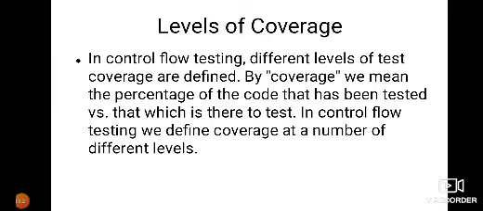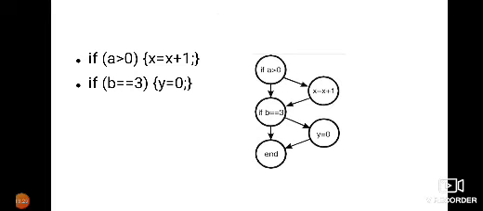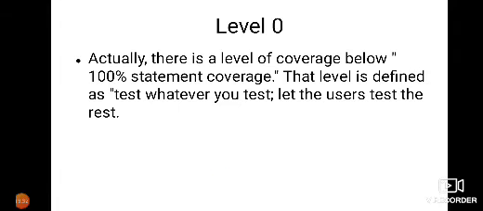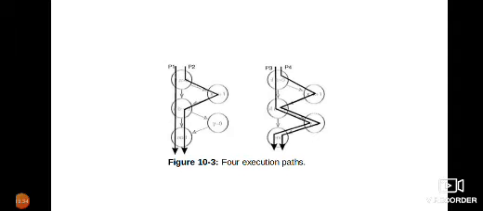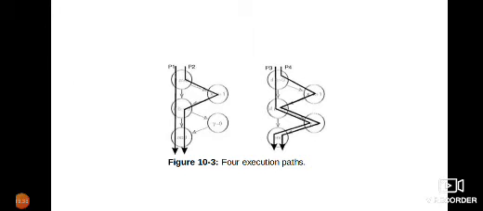Coverage in this sense: level 1 is 100% coverage, where I am fully covering all execution paths. Then at level 2, maybe I will not have 100% coverage. These are the notations: this is the code, this is the flow graph notation, and these are the paths that I cover. I have 4 execution paths, 1, 2, 3 and 4: 2 on the left-hand side flow graph, and 2 execution paths represented in the right-hand side diagram. So totally 4 execution paths here.